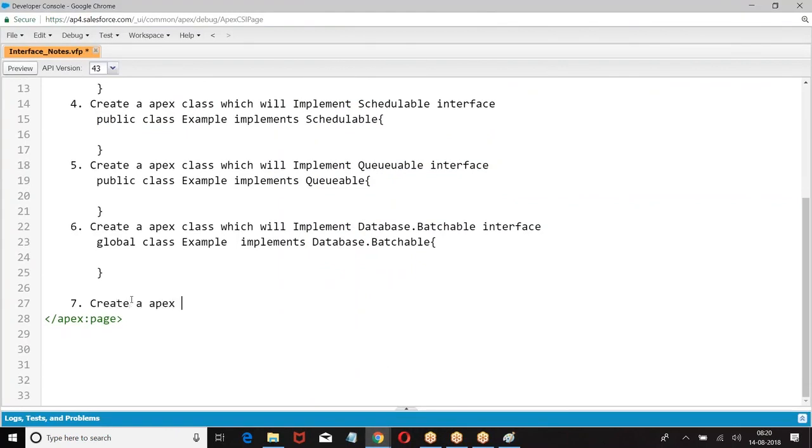Now let me give you some examples here. Create an Apex class which will implement my service interface. My service interface is public.